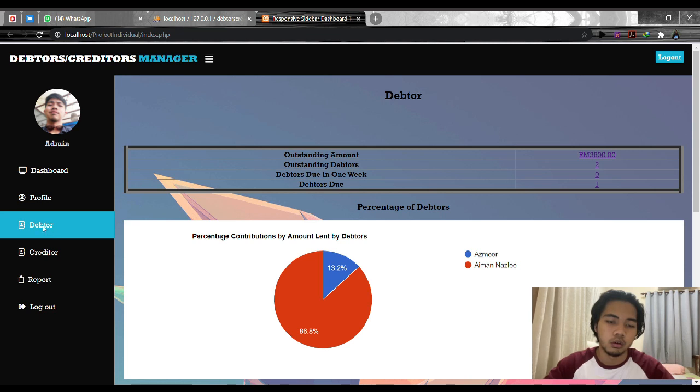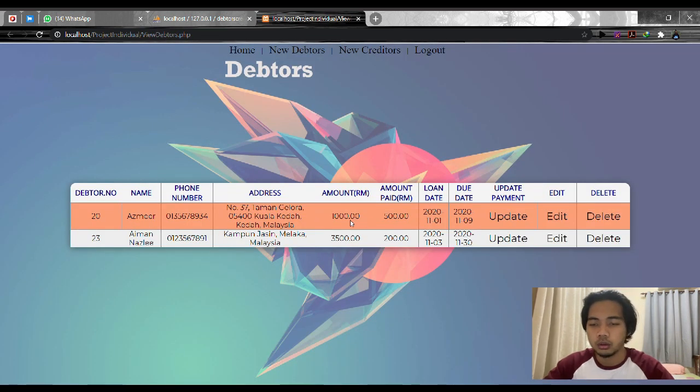So we go to debtors, so we can see the original amount of Azmeh and the original of Aiman Azli is 3,500, after minus the amount paid of them.